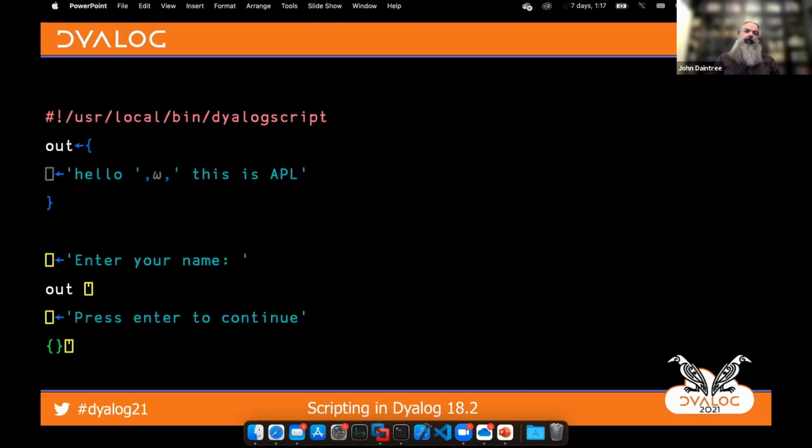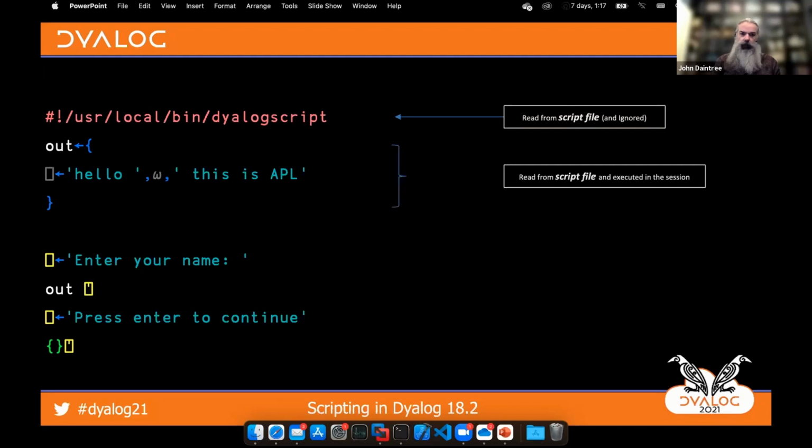However, if we're running this thing as a hash bang script, then the interpreter is running in a different mode and it can distinguish between these different types of input. And what happens is when the interpreter spins up this script, the first line is read from the file and then it's just ignored. It's got this hash bang at the front. The interpreter knows that, okay, once I've got this far, that's of no interest to me. That's an indication just to the operating system, to the non-Windows operating systems, to tell it how to run this